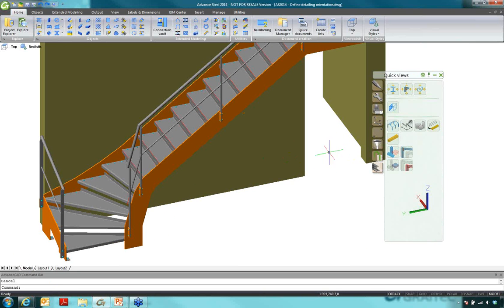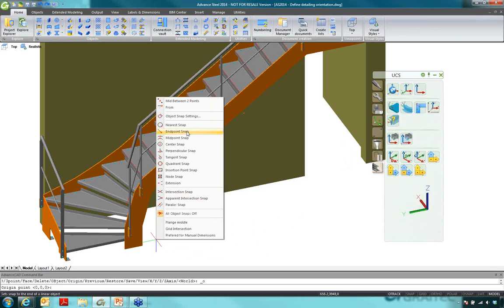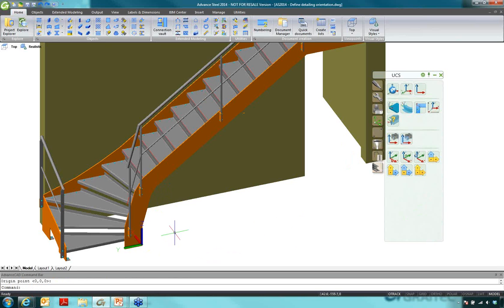And what I would like to show you is that we can place the UCS exactly where we want, so we can move it. My icon is here now because I asked for 4 columns, so I can place it at the end of my stringer. Now I can also rotate it along Z, along X, and this is how I want to see my